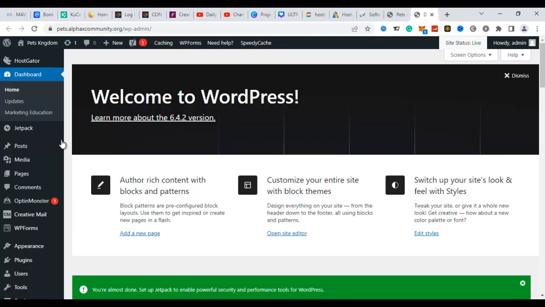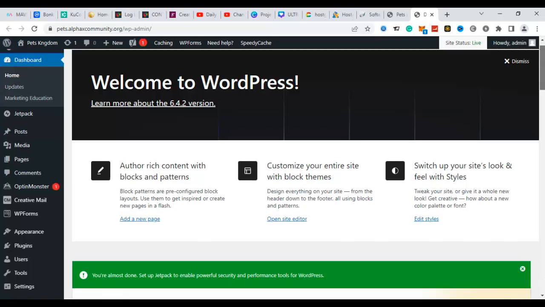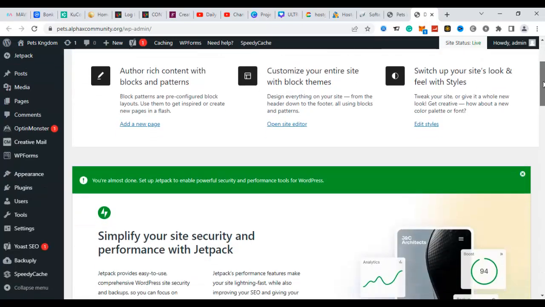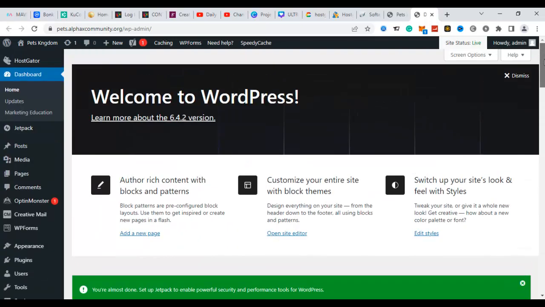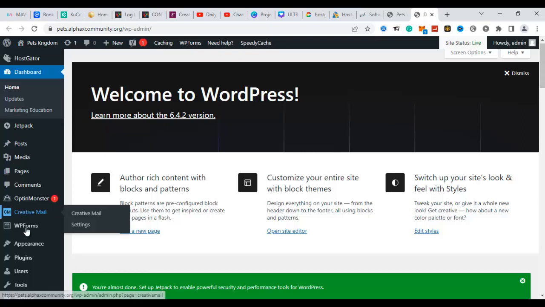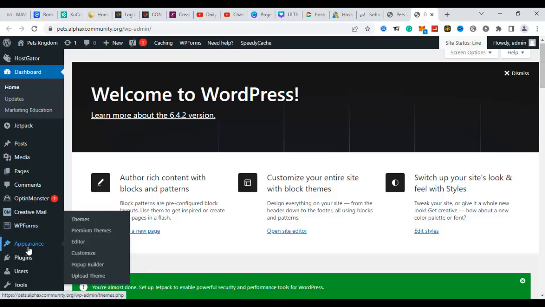This is where you do your construction and everything. So we are going to choose a theme that aligns with the purpose of the website. Normally when you install, there is the generic, default theme that is installed for you. So you go to Appearance, and then you come to Themes, and then you click on it. It will take you to the themes page, and then you choose a theme that lines up